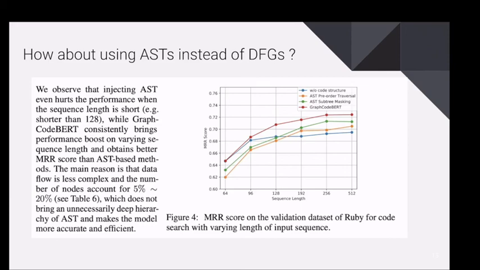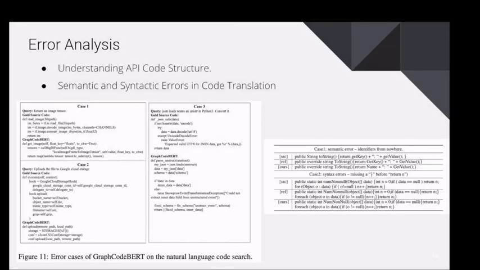So again, this is one thing. Finally, to conclude, they were talking about error analysis. So where did GraphCodeBERT go wrong? First thing is understanding API code structure, which is one of the most difficult things with modern programming languages. You have to understand that each API has its own syntactic structure,